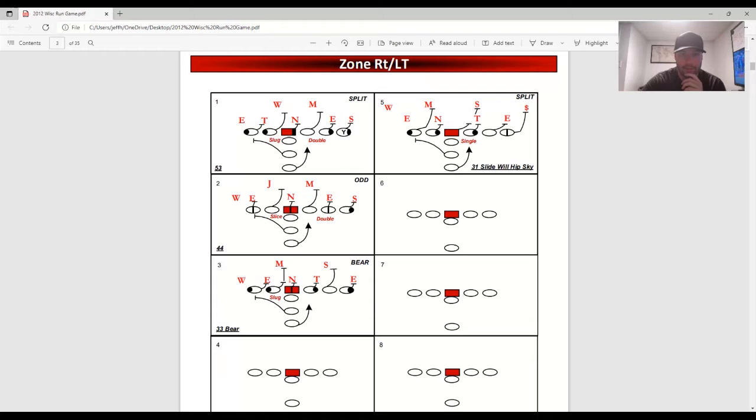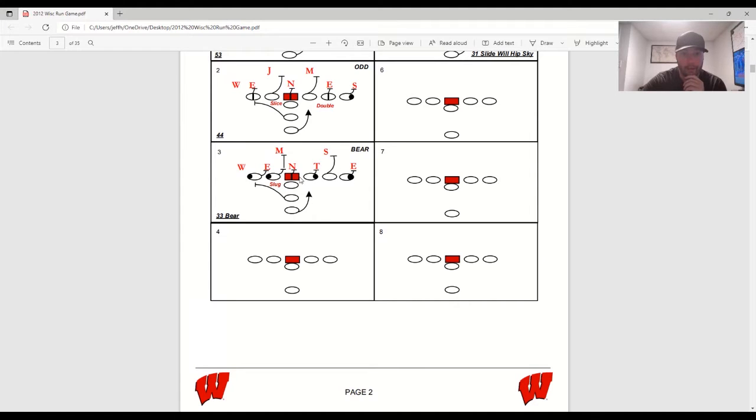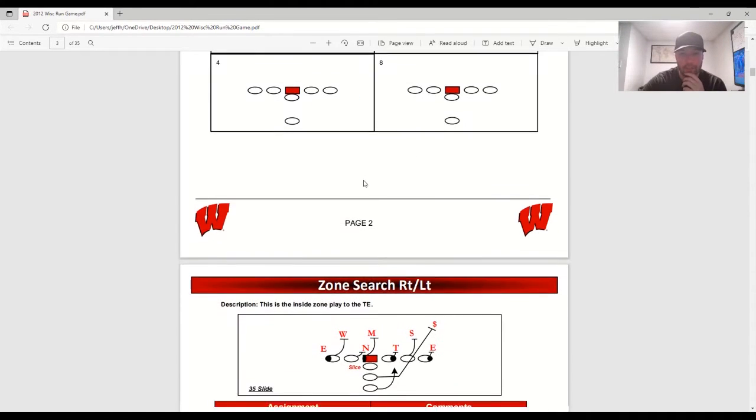Versus the odd. Okay, so here it is versus the odd front. An odd front really is just when both guards are uncovered, so that's typically an odd front. So there it is versus odd. Very simple. Versus the bear, you get the 2 4-eyes and the zero-tech nose. So that's cool. This is just your basic